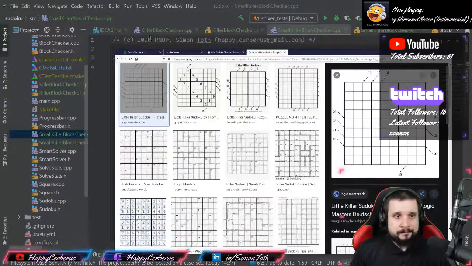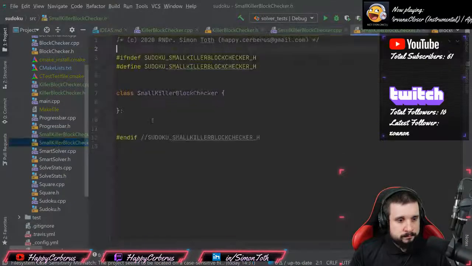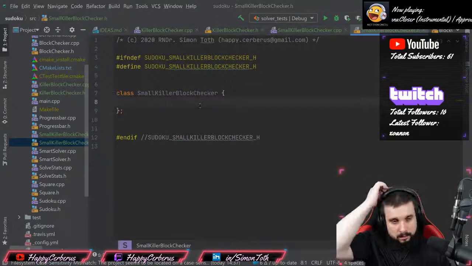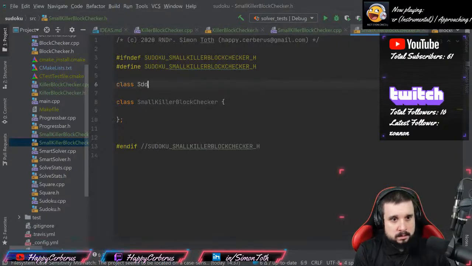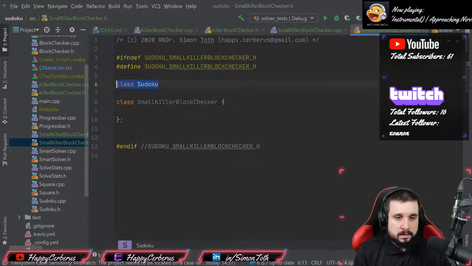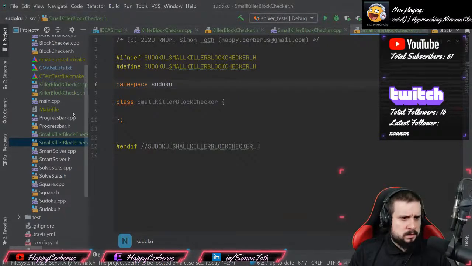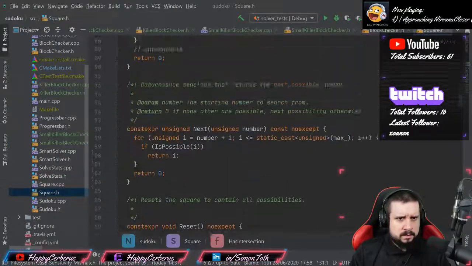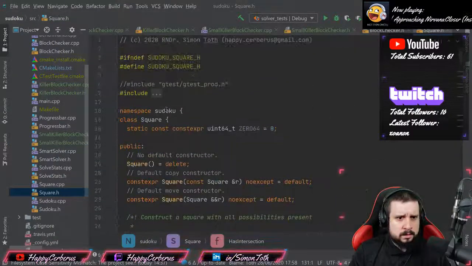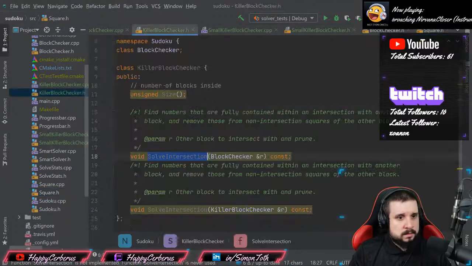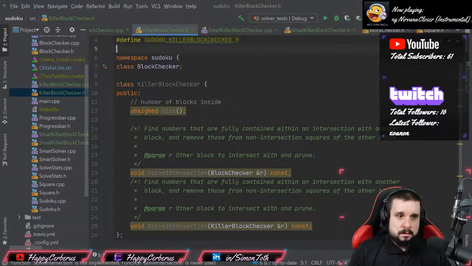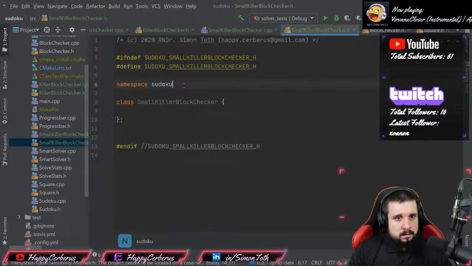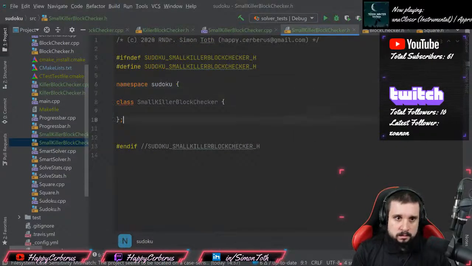Okay. So then what we said, class Sudoku, not class, namespace. Wait, is it actually, did I make it big letters or small letters? I don't remember. Oh, it's small letters, okay. So then I did it wrong here. Okay. Okay, so,